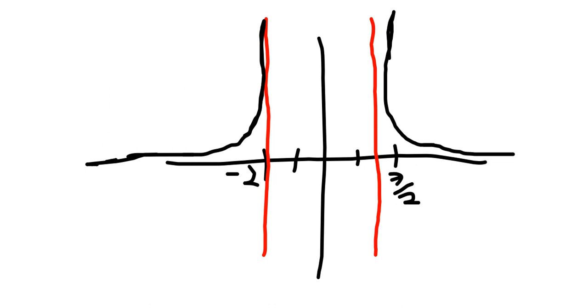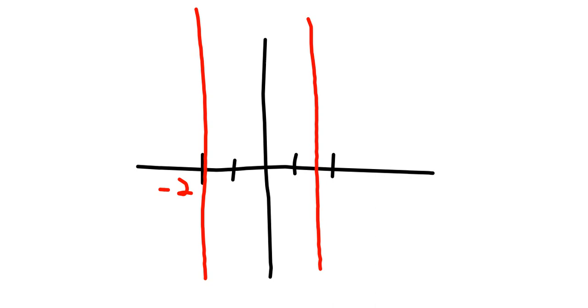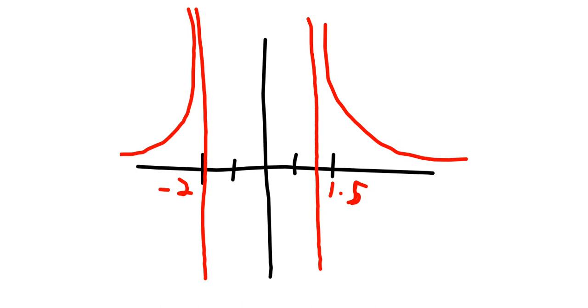Now, I'll just quickly sketch what this is going to look like and then show you in detail how to figure out exactly what it looks like. So broadly sketching this, remember we had vertical asymptotes at -2 and positive 1.5. That was positive 3/2. I'll write it in as 1.5. And our graph looked like this on the outside of the asymptotes. And we're trying to figure out what's going on on the inside. What this is going to look like in here